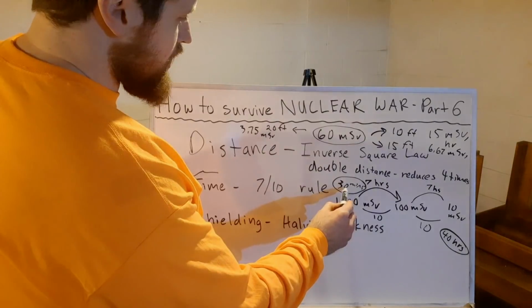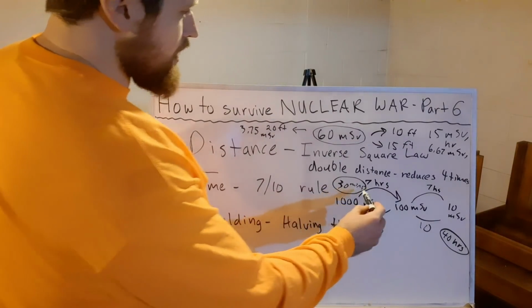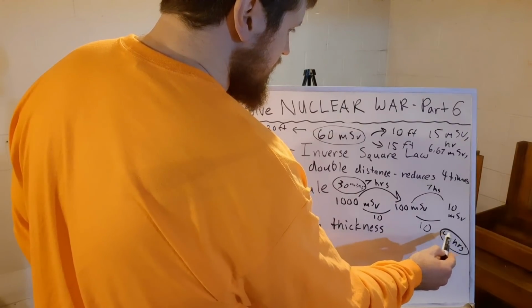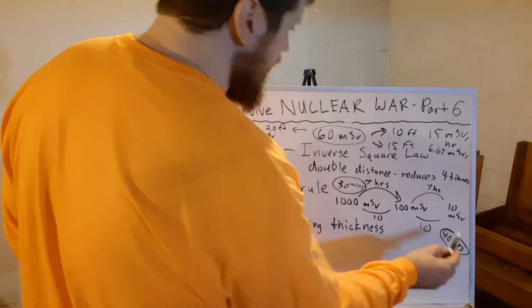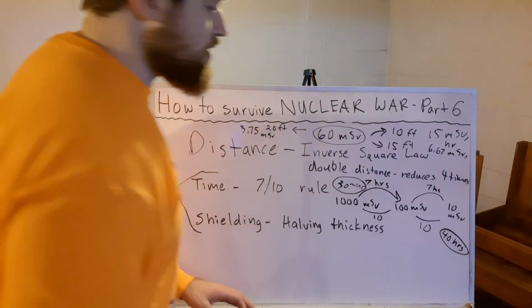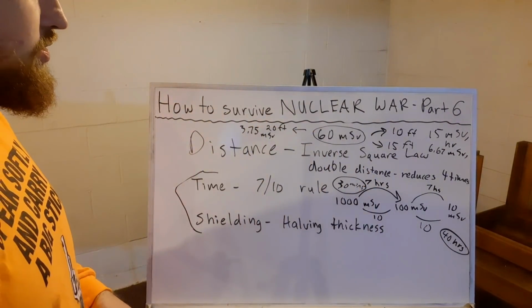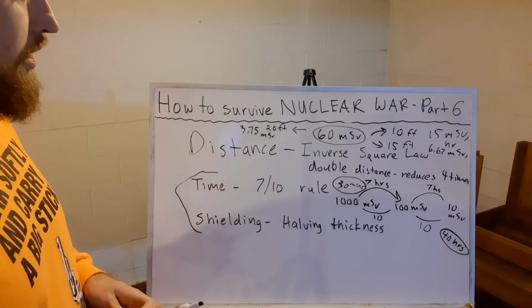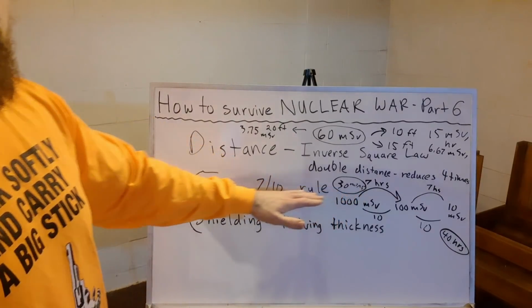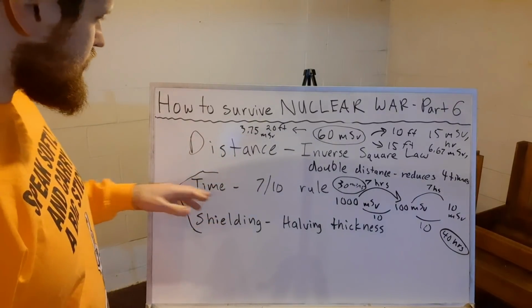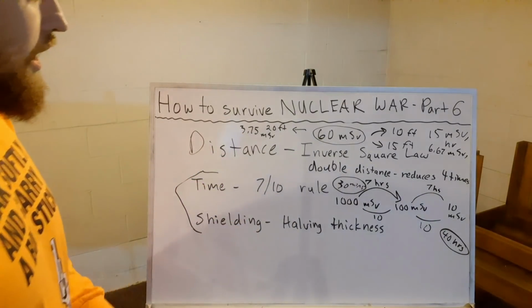30 minutes to radiation sickness, and then within 2 days, you're going to get radiation sickness after 40 hours. Okay, that is literally almost 2 days of being outside and exposed to the radiation with nothing, no protection, no shielding. So this is a big reason why nuclear war is survivable, all right? Because you have this 7-10 rule, and a lot of